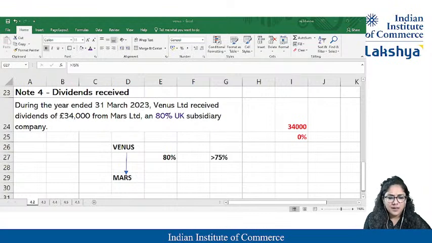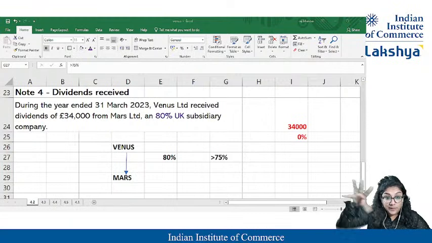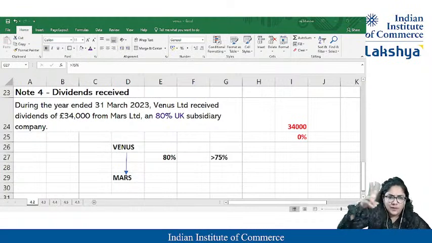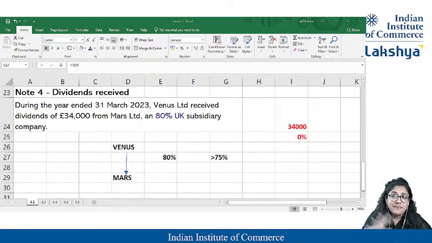I think it is easy now. I don't think any of the questions is something you would have never seen. All these things are something we have seen only. So it is like a 75% group, where the claimant, Venus, is the one actually acquiring, and Mars is known as the surrendering company. If Mars has any losses, it can transfer them to the gains of Venus. Yeah, this is something we know. Cool. Ma'am, nothing hard in that.